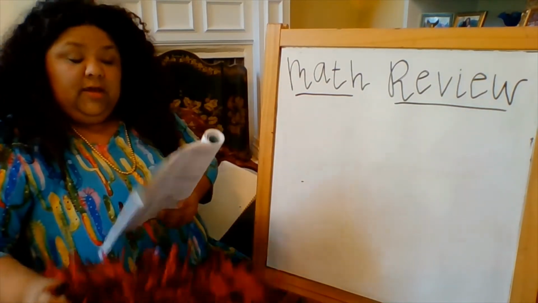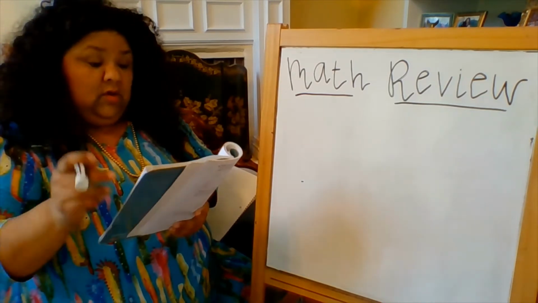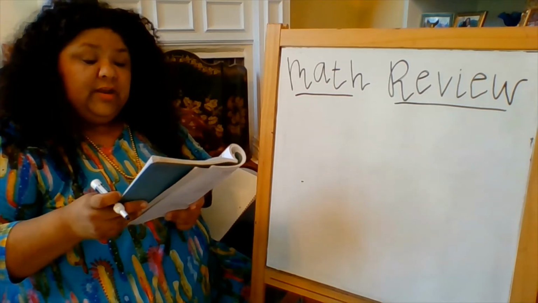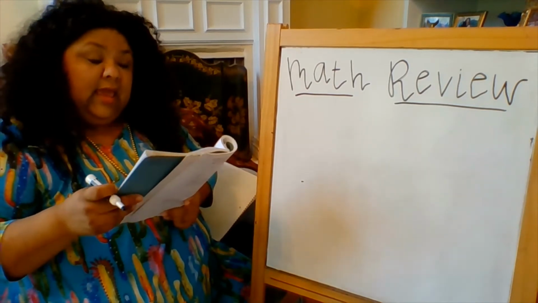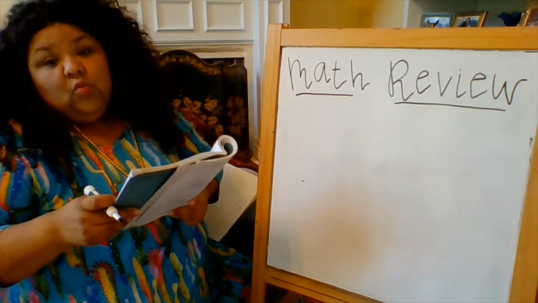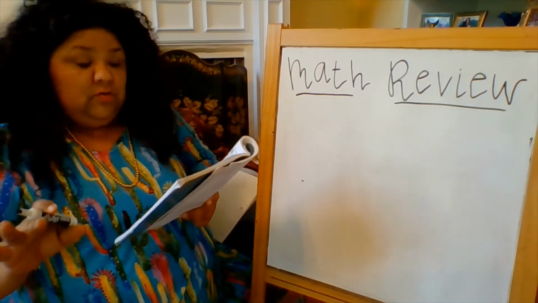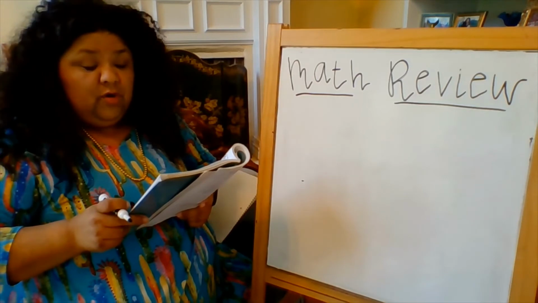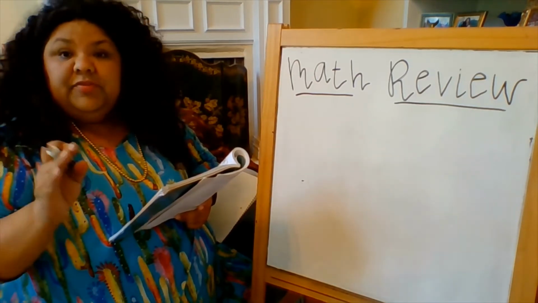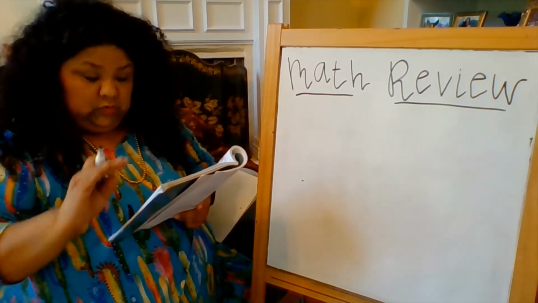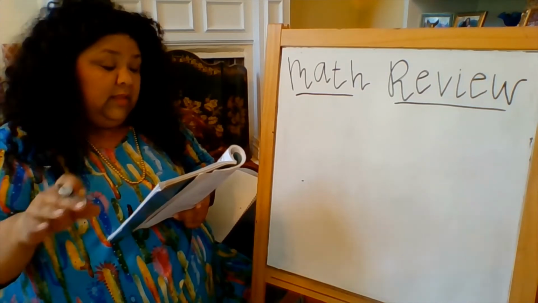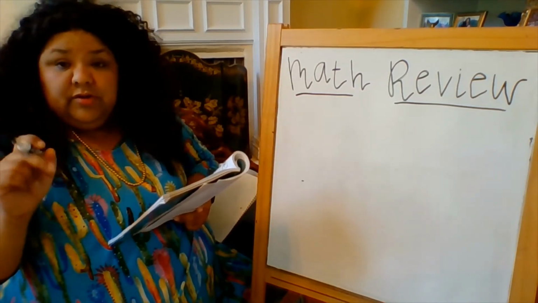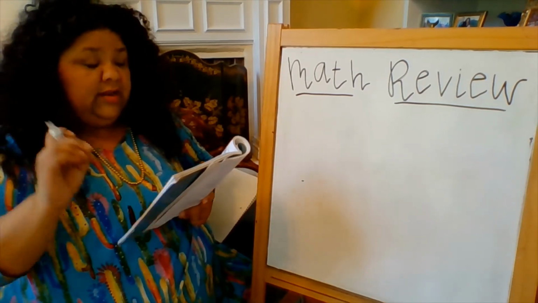Now on number 1, we have 451, and that number is written in words. And all they want you to do is write it in standard form. And what standard form is, you just write the number. Just write the number. You're not having to spell it. You're not having to put it in place value in a chart or anything. You're just writing